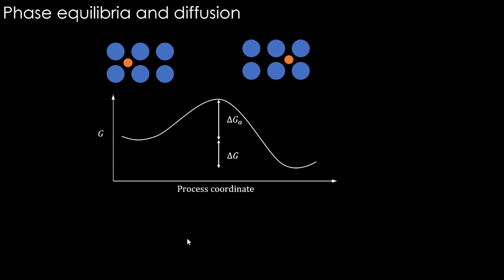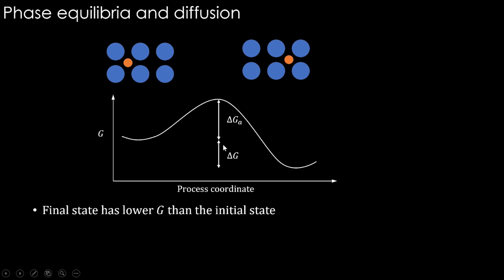Now think about this. In this case, the initial state has this Gibbs energy, but the moment the atom jumps to this location, it forms a very strong bond, let's say a high negative bond energy. In this scenario, bond energy is really low, meaning a very strong bond is forming. If that happens, then Gibbs energy favors this configuration more. The Gibbs energy of this configuration is here. So the final state Gibbs energy is much lower. If that happens, then there is a driving force.